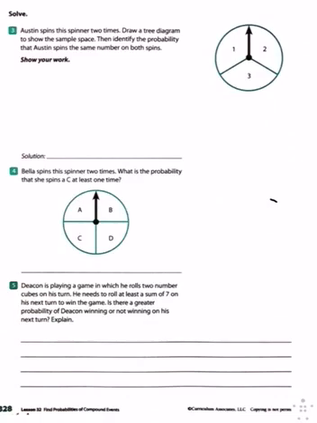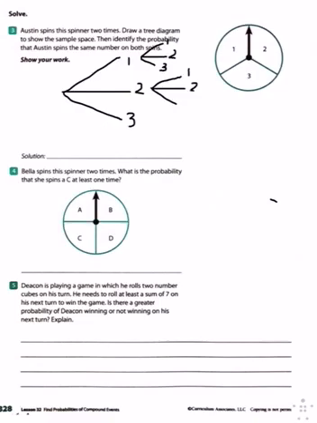Number 3, Austin spins the spinner 2 times. Draw a tree diagram to show the sample space. Identify the probability that Austin spins the same number on both spins. So if we're spinning it, we have 3 possible options. He can spin a 1, he can spin a 2, or he can spin a 3. That's for the first roll. Then for the second roll, again, he could spin a 1, 2, or 3, but you have to do it for each set